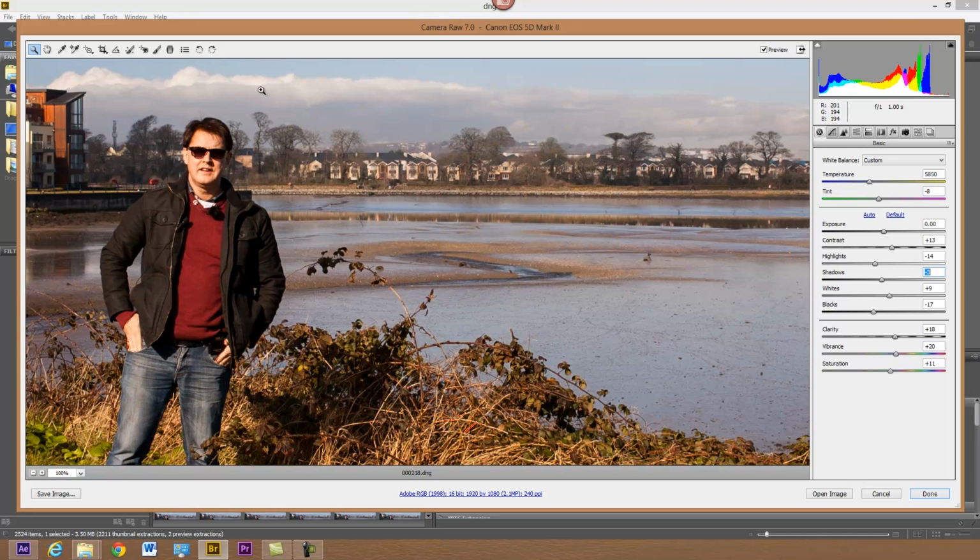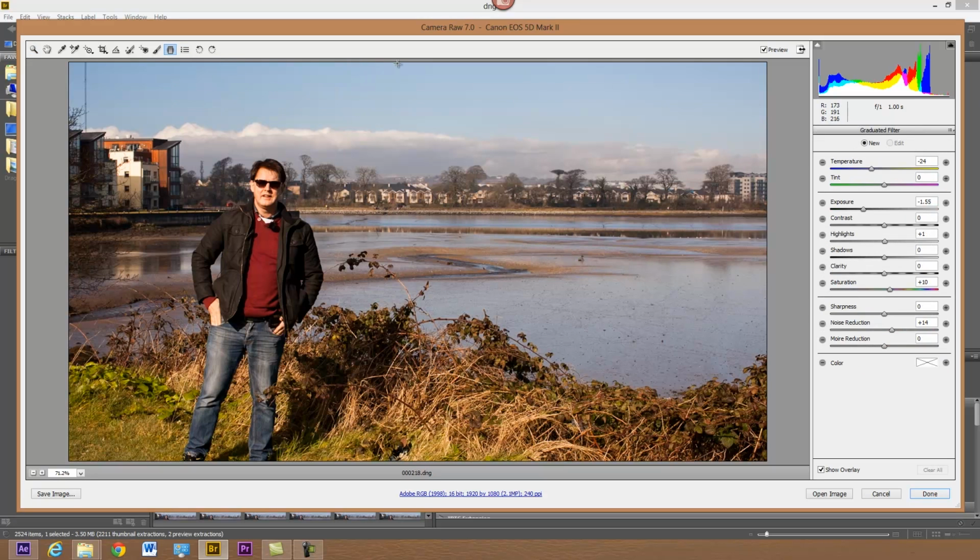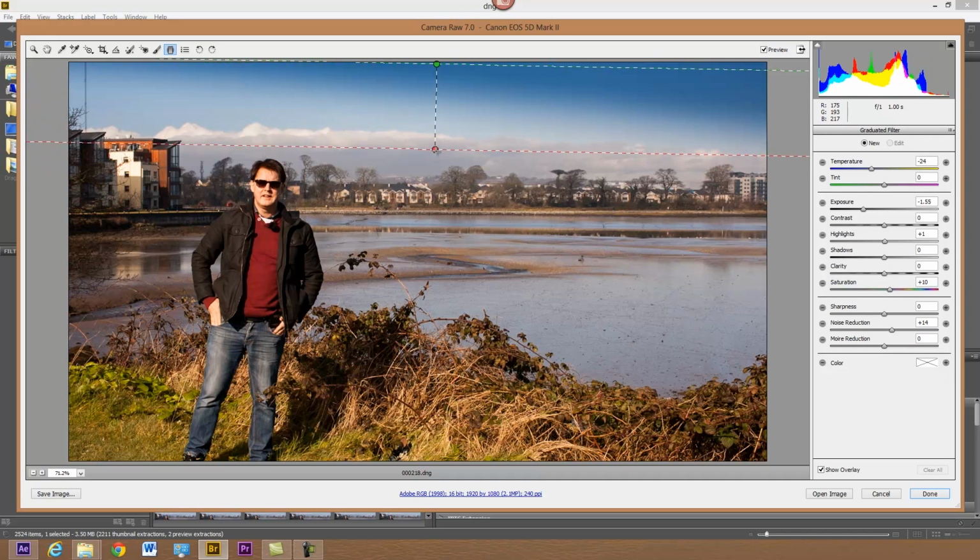Now, I mean, here's a subject which is kind of backlit a little bit, and it may well be that you want to bring down the background, for example. This is not too bad, this one, but it may be I want to make it more dramatic. And there's a nice thing you can do here in Camera Raw is you can actually apply a gradated filter. So like this button up here, if I pull that down, you can see you can